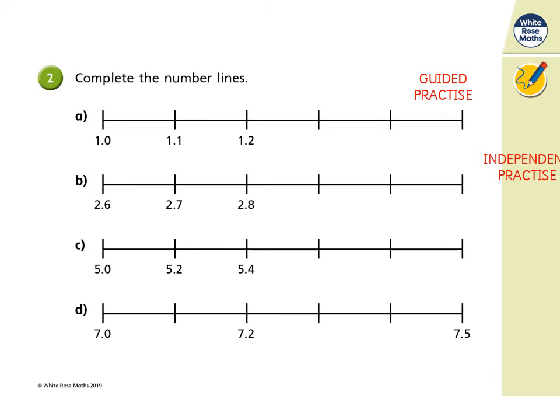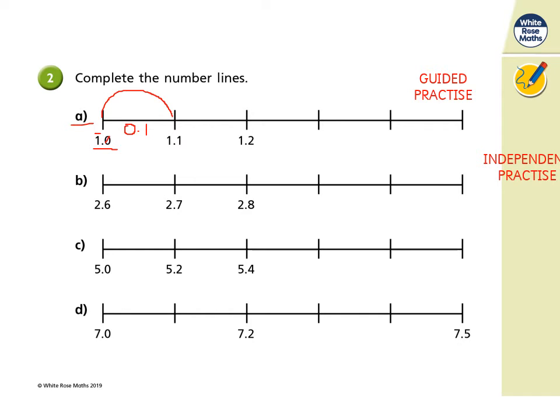So again, Lucy, I'll take you through your guided practice and then you'll complete your independent practice. So it's more fluency to practice this learning objective. So you can see here on question A, we have 1.0 and that is the same as 1. We have no tenths but one whole in our ones. And after that we are jumping to 1.1. So we are increasing by